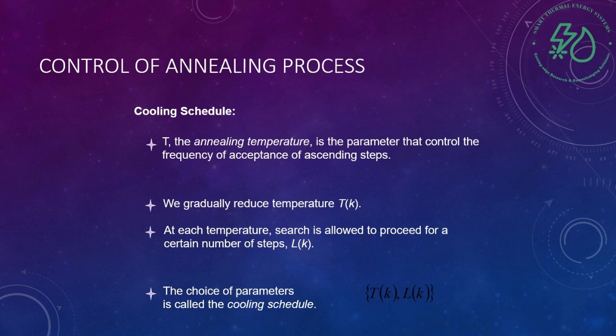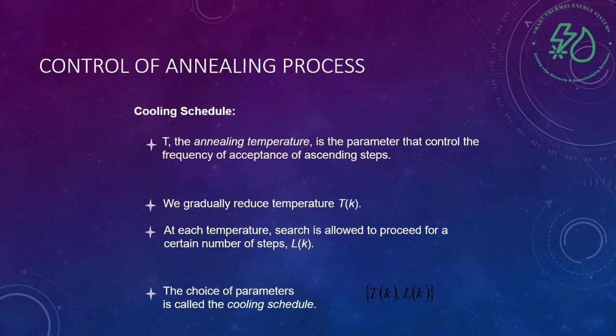In the next slide, we can see the temperature and the cooling schedule. Temperature T, here we can see, is an important parameter that controls the behavior of the algorithm. When T is high, the method is more likely to accept worse solutions and explore widely. But when the process continues and the temperature Tk is gradually reduced, this makes the algorithm more selective and focused